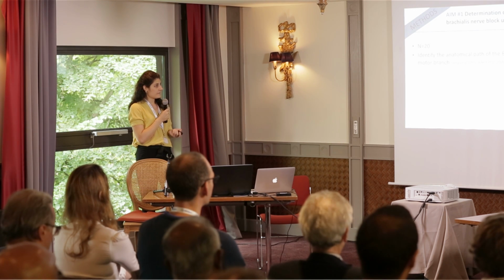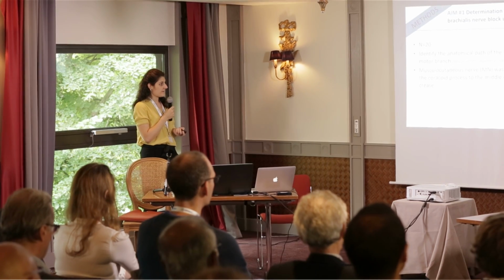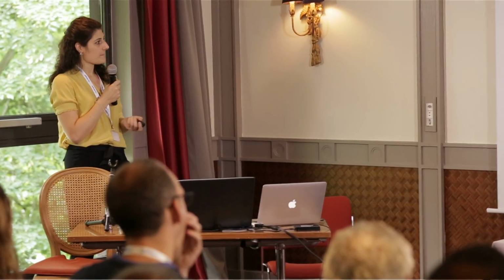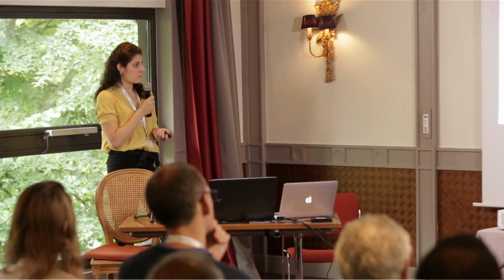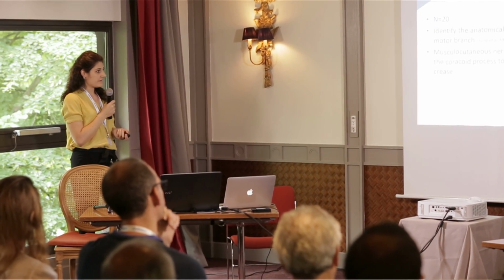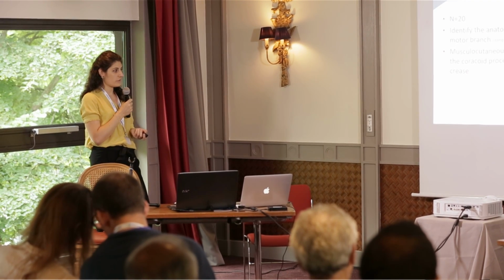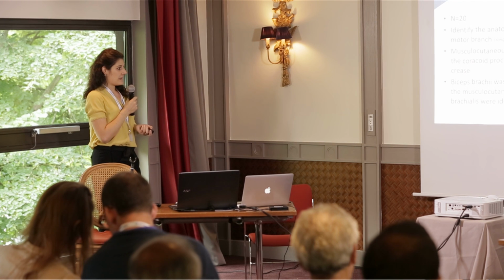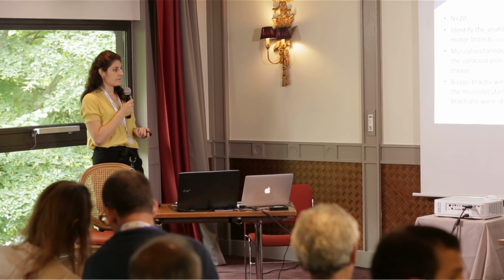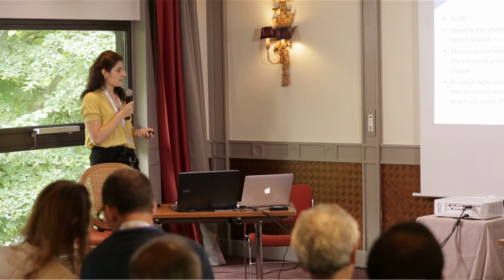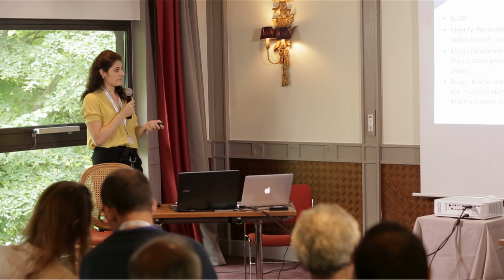So for the first part of the study, we got 20 fresh cadavers, 20 arms. We identified the anatomical path of the brachialis motor branch. So the musculocutaneous nerve was traced from the coracoid process to the middle of the elbow crease, and the biceps brachii was discarded, and the branches of the musculocutaneous nerve that innervated the brachialis were identified, so just there.